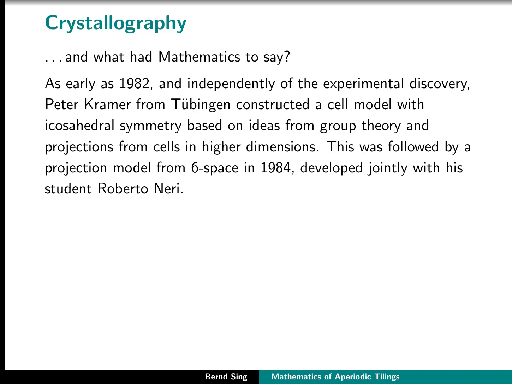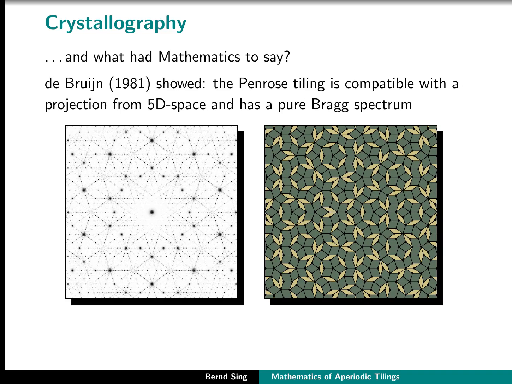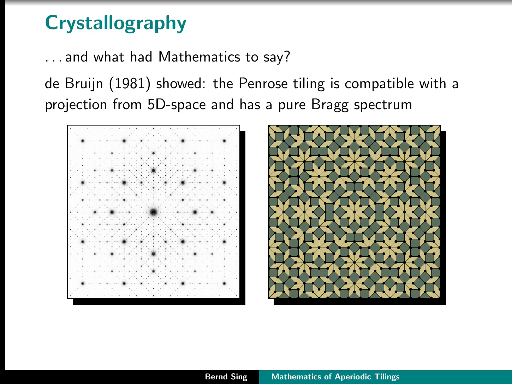looked at ways to create such patterns just by coincidence, either by projecting 6-dimensional cells into 3 dimensions or 5-dimensional point sets into 2 dimensions. And if you do this, for example, from 5 dimensions to 2 dimensions, you exactly recover here the Penrose tiling on the right. And the diffraction pattern is shown on the left, and it shows this 5-fold symmetry. Both show this 5-fold symmetry in some sense that is forbidden. Here is an example, the Ammann-Beenker tiling, that shows 8-fold symmetry, again a symmetry that is forbidden.